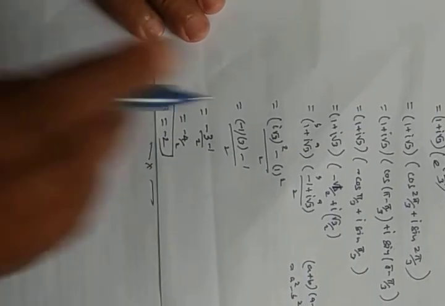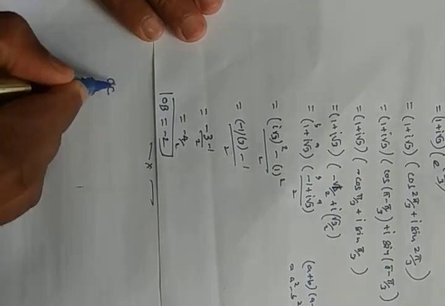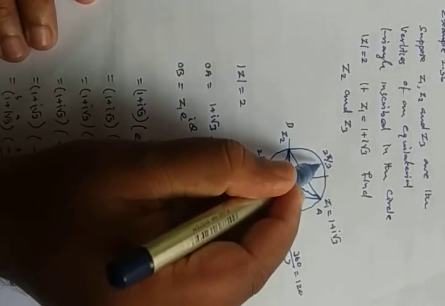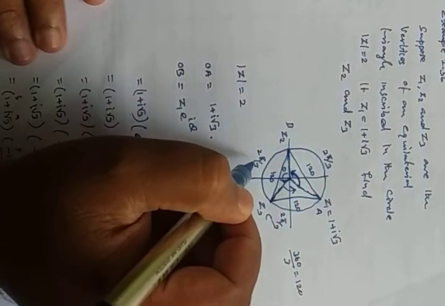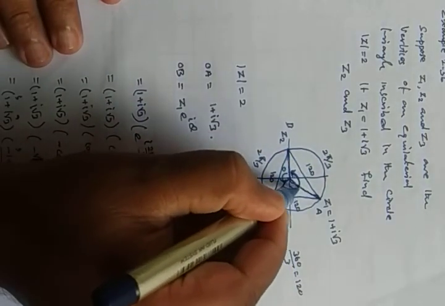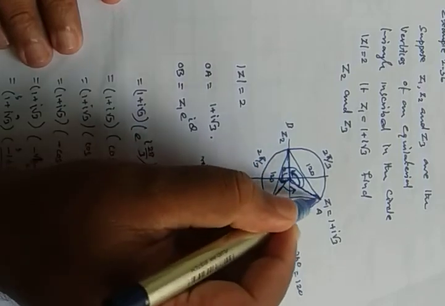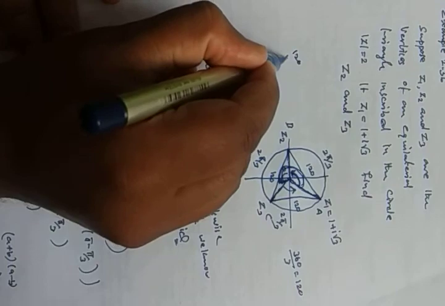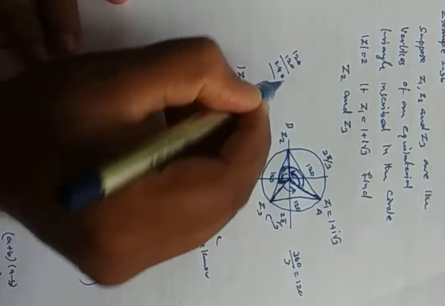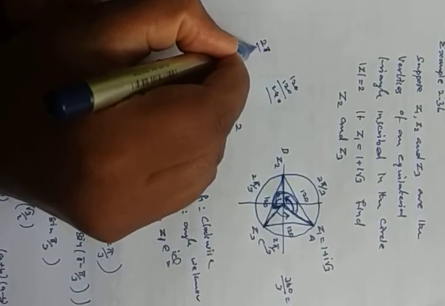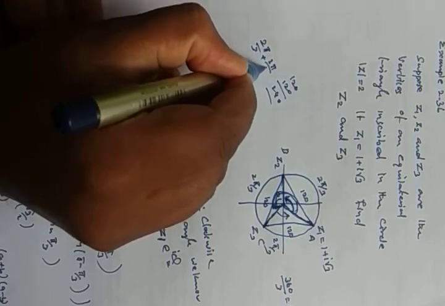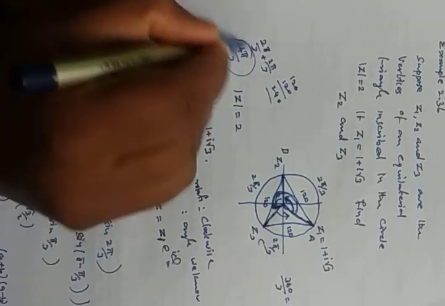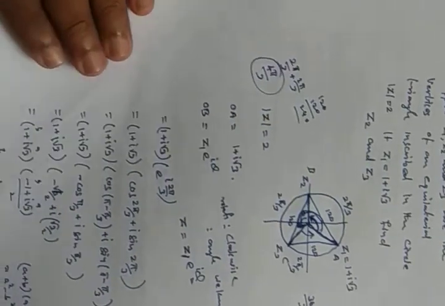Now you can see here OC you need to find. From here 2 pi by 3, here 2 pi by 3. From this to this entire thing you need to find. Here 2 pi by 3, 2 pi by 3, that is 120 plus 120, what you are getting? 240. In radian form you write 2 pi by 3 plus 2 pi by 3. Denominator same, 2 pi plus 2 pi, we can add, 4 pi by 3 is coming for theta. So keep that in mind.